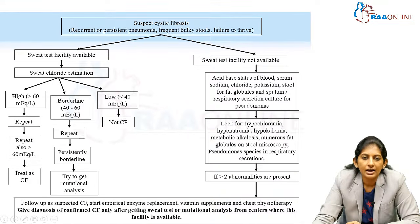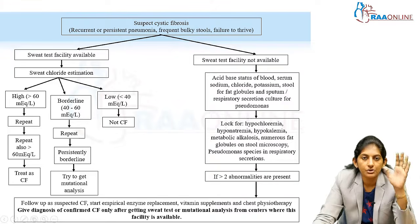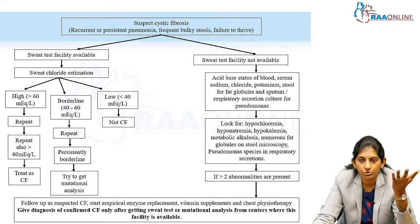So again, this is another approach. If the sweat chloride test facility is available, you do this. If it is not available, what else can we do? We can see this arm now. Previously, one approach was when sweat chloride is available, you do sweat chloride, and if it is negative or equivocal, you go for genetic testing. If genetic testing is also equivocal, then you go for physiological testing like transnasal potential difference, and you finally come to the diagnosis. In case the sweat test is not available, and I am not able to do a nasal potential difference,